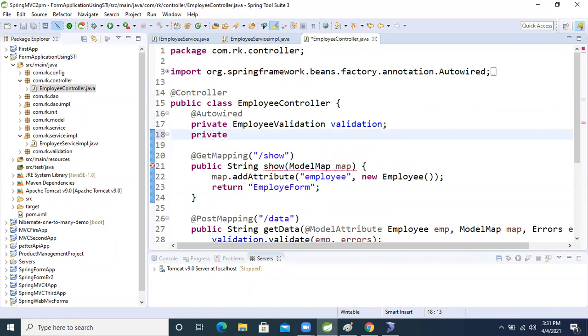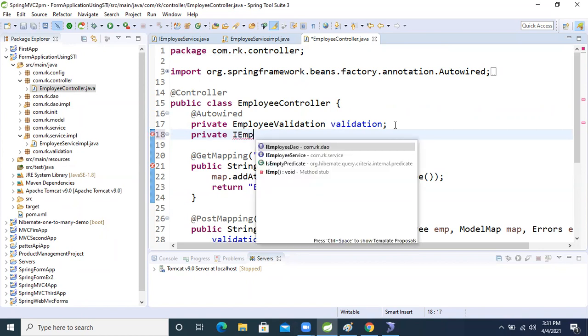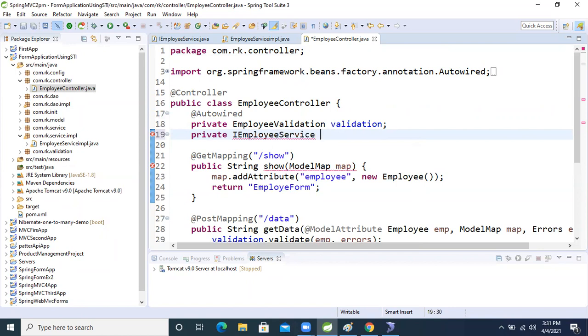This is the controller we already wrote, guys. Private IEmployeeService, that's it.